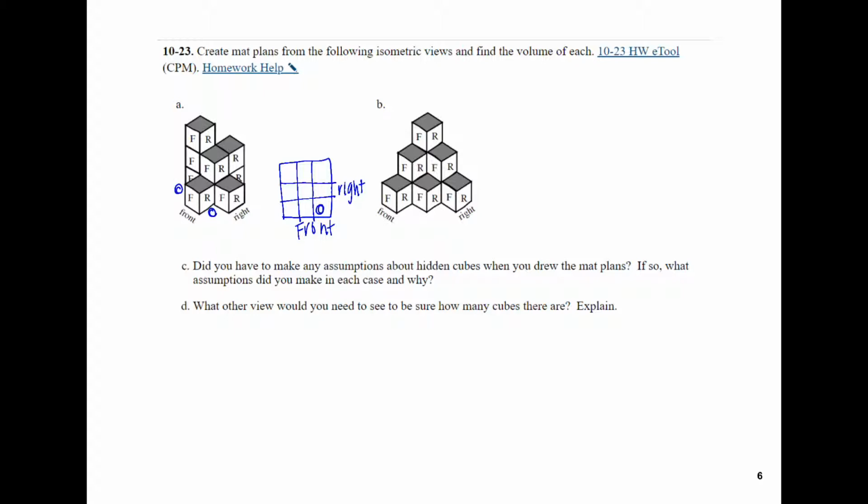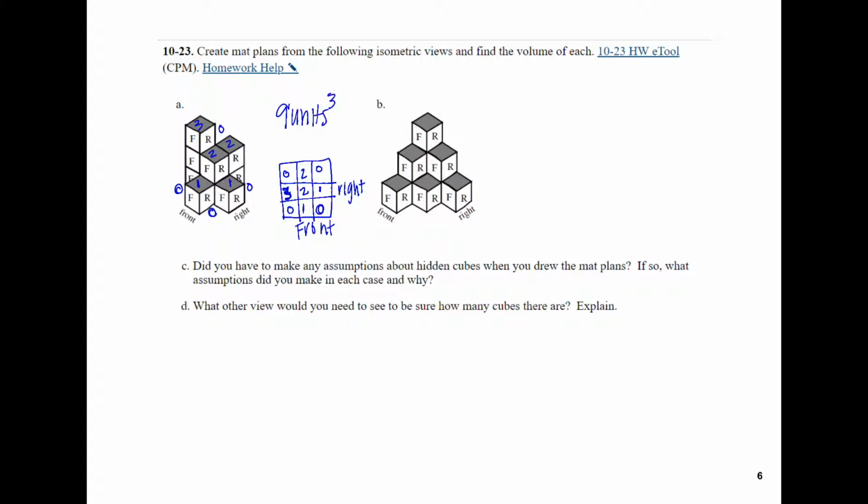There's nothing in this corner, or this corner. So those are all going to be zeros. There is one block here, 2 blocks in the center, 1 block in the right, 2 blocks in the rear, and 3 blocks right here, which gives us a total of 9